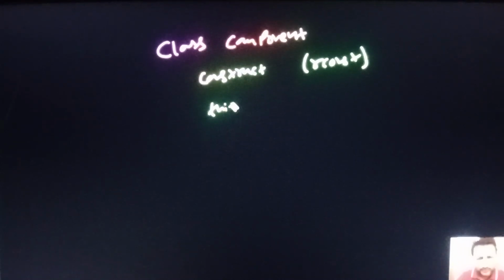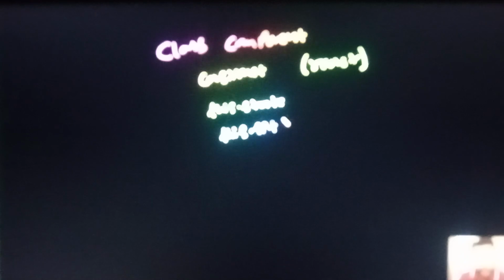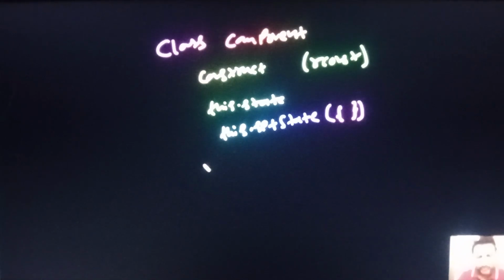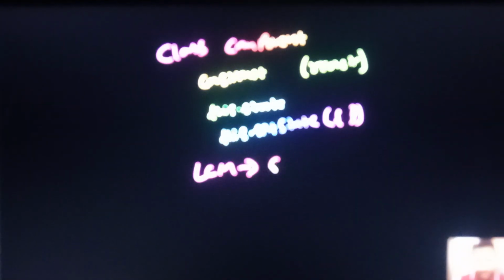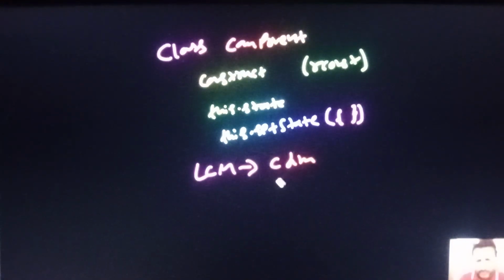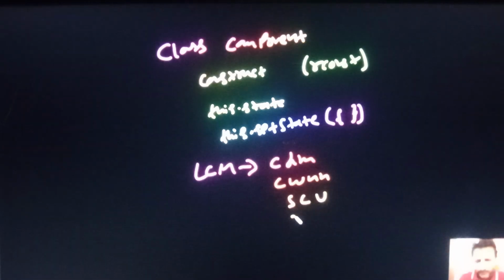Then we have worked on this.state, how to create a state variable, how to assign values to a state variable, and we have also worked on lifecycle methods like componentDidMount, componentWillUnmount, shouldComponentUpdate, render,